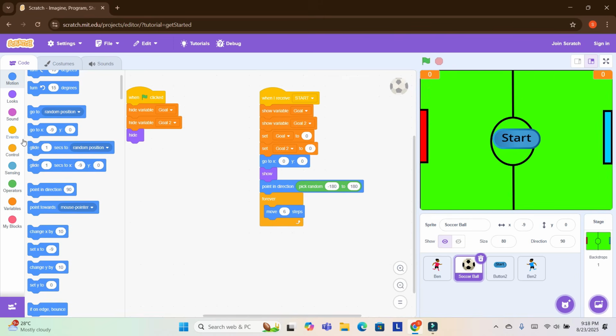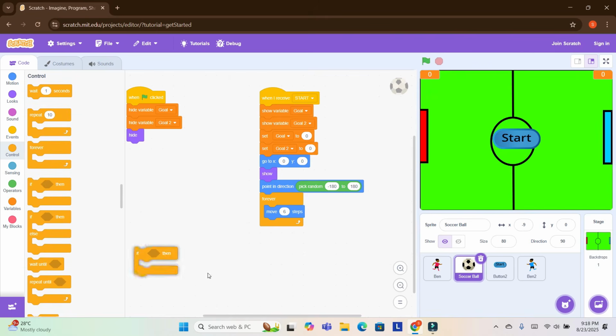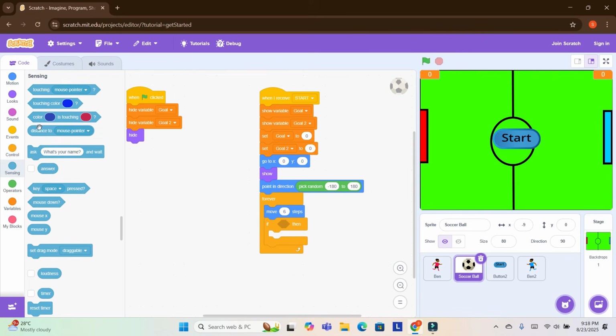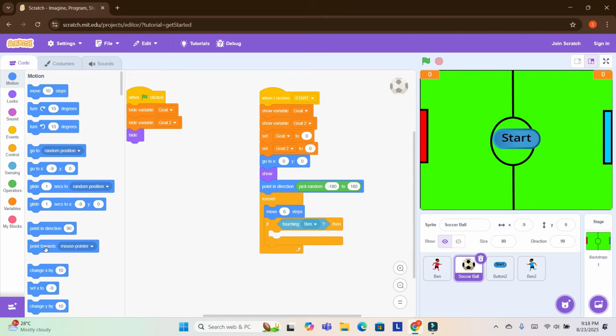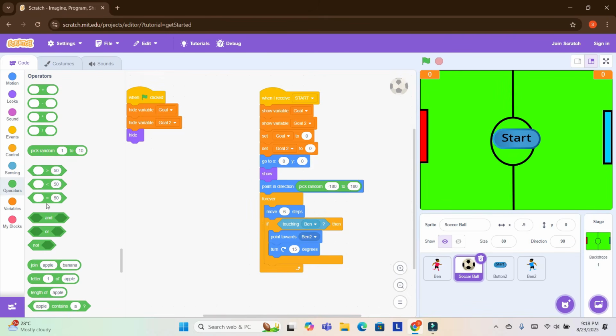Now I will go to control again. I will take if then block, and then I will go to sensing. I will take if touching, then. So go to motion, point ball towards band 2, and then I will take their turn operators.